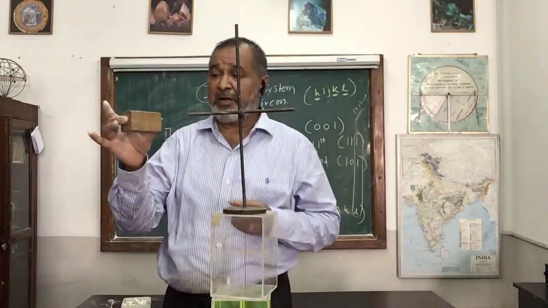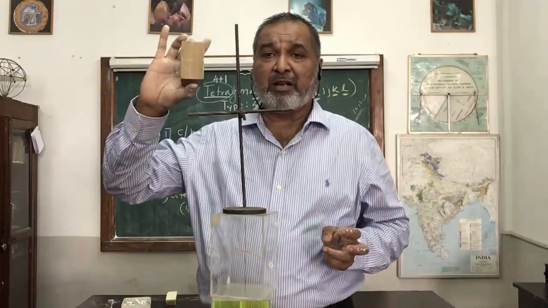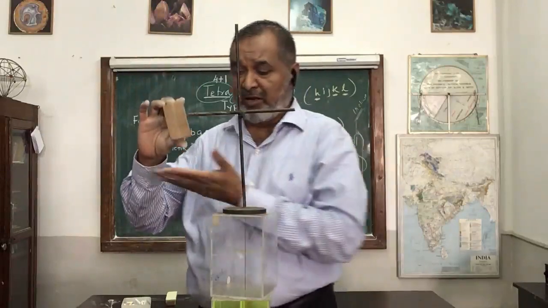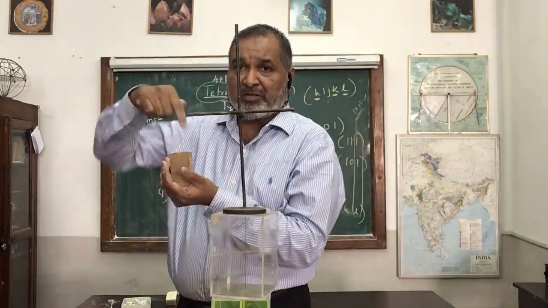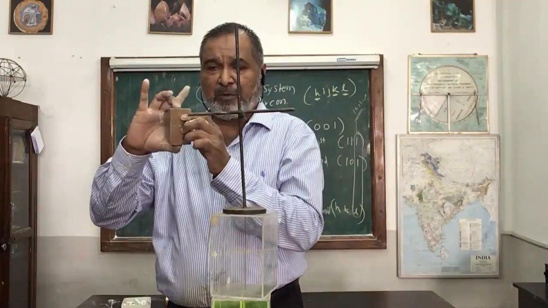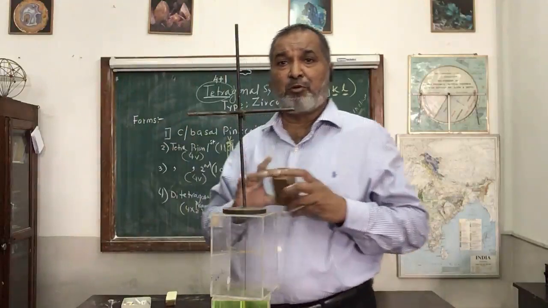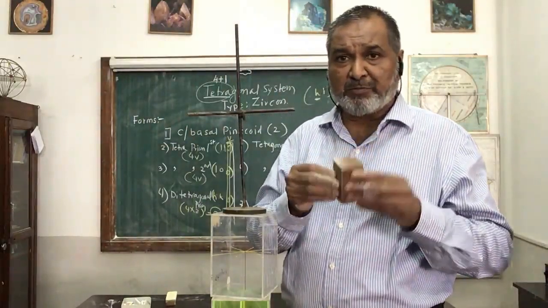The rule says whenever a pair of two similar faces are there, a pair of two similar faces make a basal pinacoid, 0 0 1. If you make it out, only the C axis will pass through the center of the face. Yes, this is one face and this is the second one. A pair of two similar faces make a basal pinacoid. That is the simple rule, to make out a four vertical face prism.